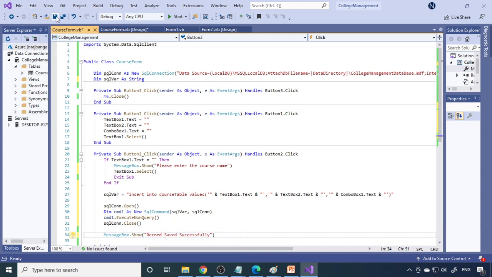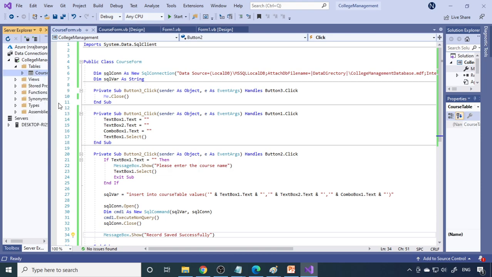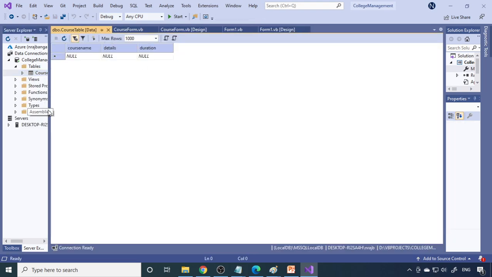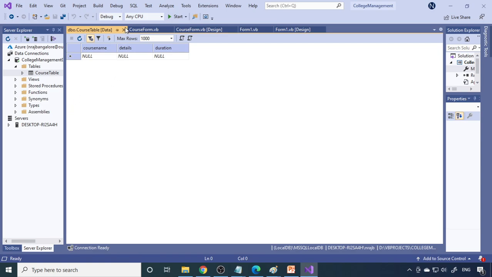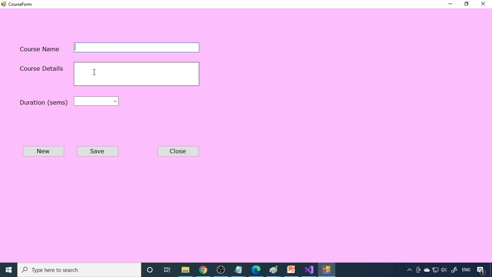Fine. So save this, and now you can check the course table and then say show table data. There is no data. Okay, so it's totally empty now. Fine. So now let's run this. Click new. Now you can say course name is BE, which is Bachelor of Engineering, and totally there are 8 semesters.